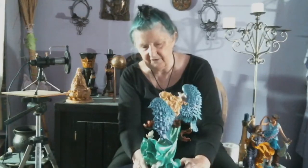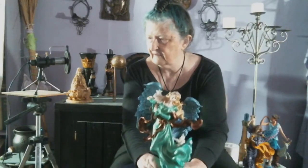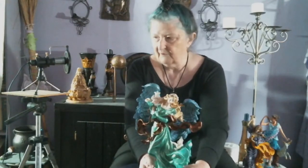Now then there's this angel. She's one of my more recent ones, and I've had her for a while. I like when I see angel statues if they have a nice face, and I really like her face. See if I can get a good picture of her face. The lighting is not quite right for some of those details. Yeah, can't really see the nice look on her face so much. But she's got flowers, and she's sort of dancing. She's got a bird, and with her I used some